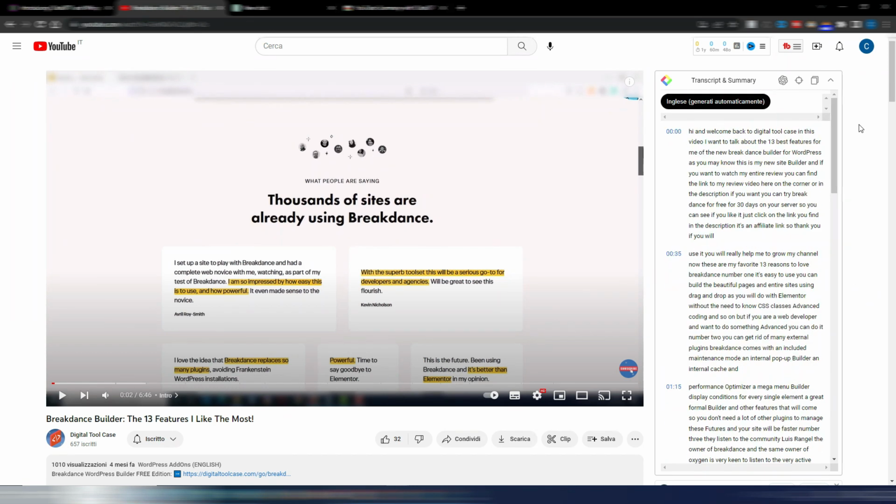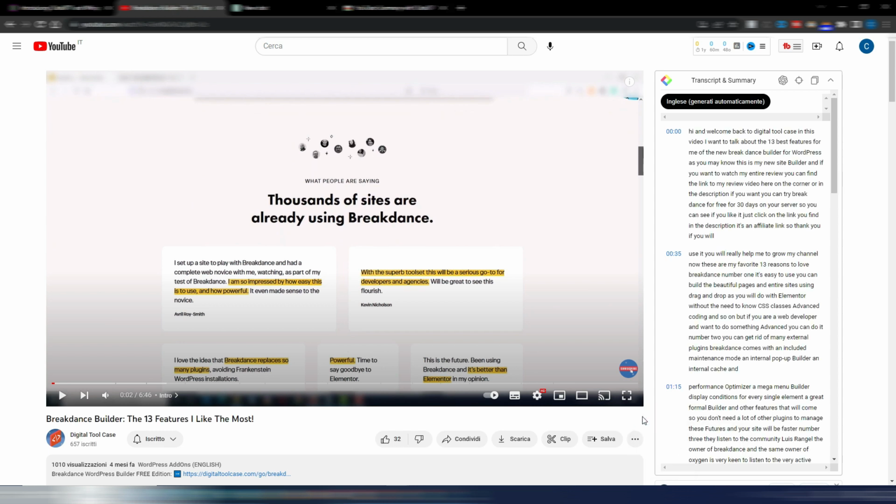When you see this, you can click here, and as you can see, you can now find your entire transcription here. As I said before, this is not essential because you can also use YouTube to see the transcription. You just need to click on these three dots. By clicking here, you can see the transcription and copy it from here.